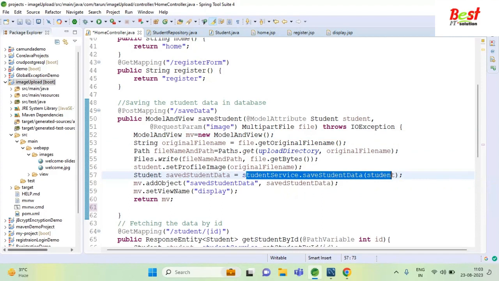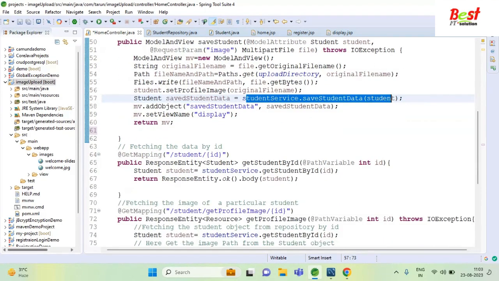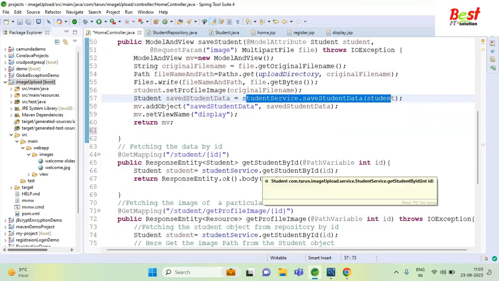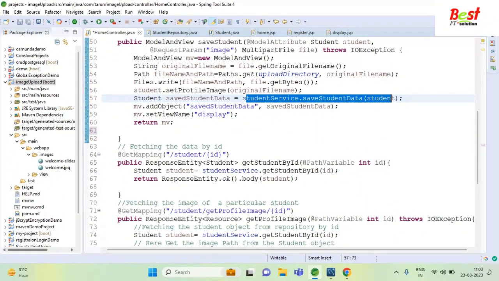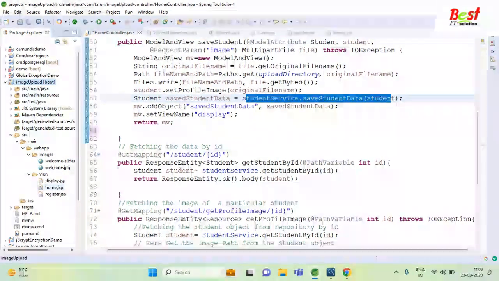Okay, and today in this video tutorial we will see how we can fetch that image from the database. We will see how we can fetch single data by passing the id. We can fetch the image only, and we can see the list of all students in the UI. We will create a UI for that, and see how the data flows. So just go to the view, and in our home.jsp